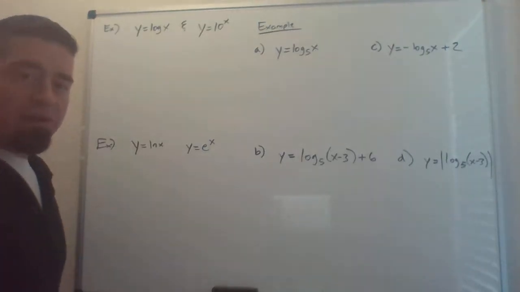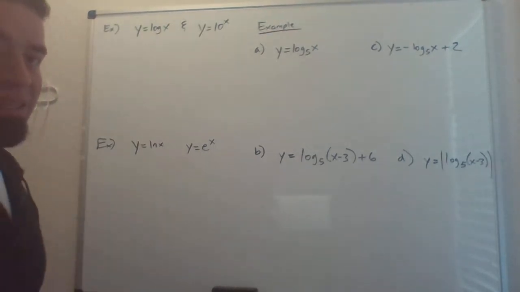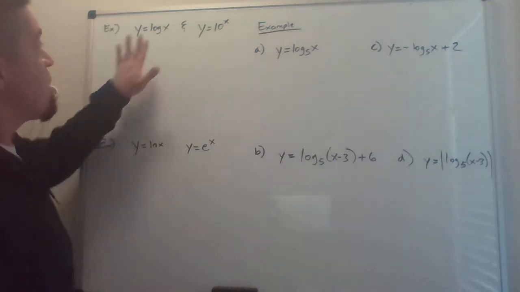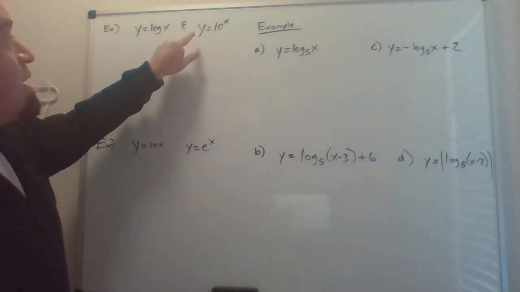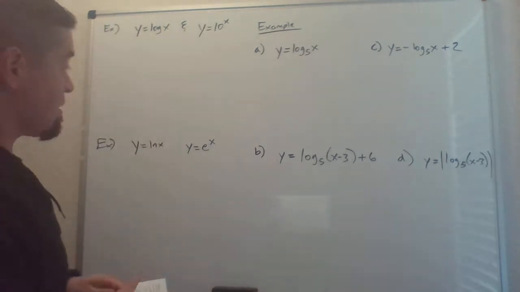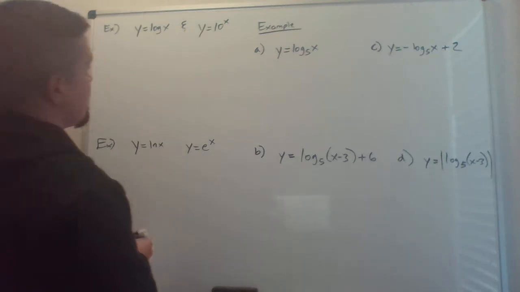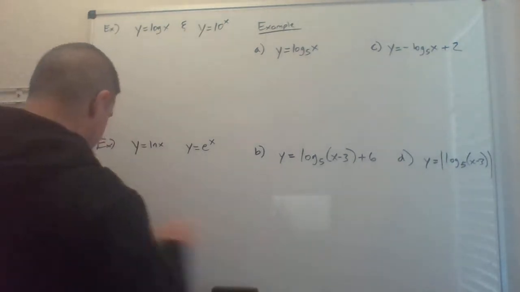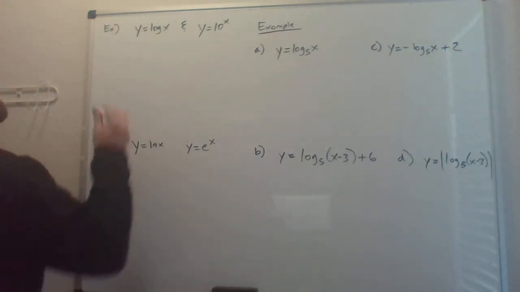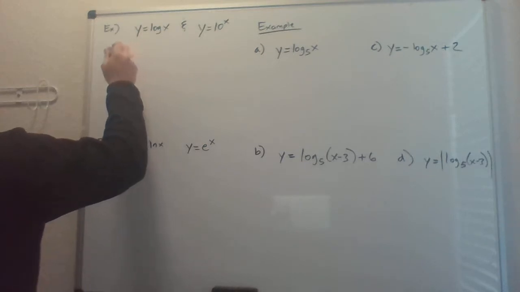Okay, so now we're going to graph a little bit more of the logarithms and their inverses in the next section. So we'll start with graphing log base 10 of x, or log of x, and y equals 10 to the x. I'm going to start with the log and make our axes. Well, actually, like anything else, you want to start with your table, and I'm just going to input some values. I kind of gave you some tips on how we could input values in the last section,